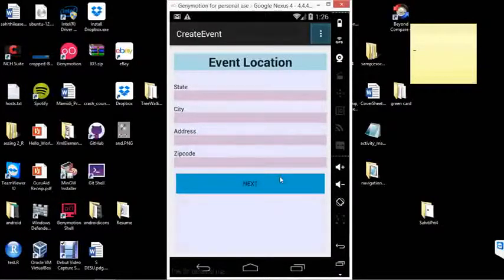So let me make it California as the state, and city as Foster City, address as 823 Catamaran Street, zip code 94404. And I click next.